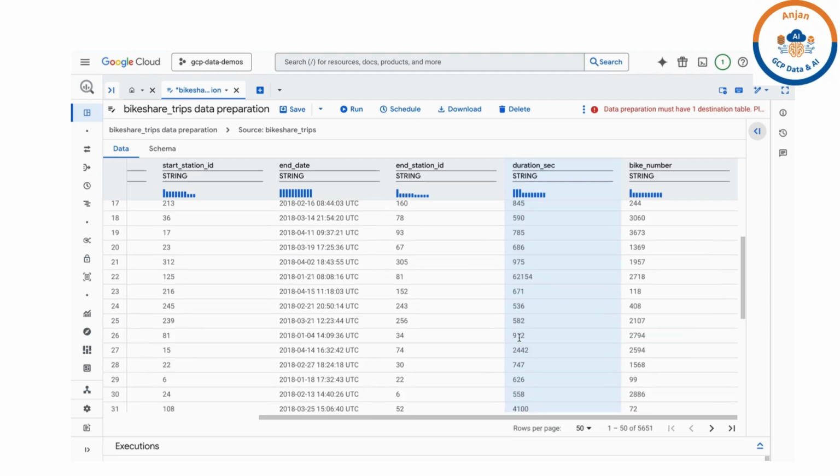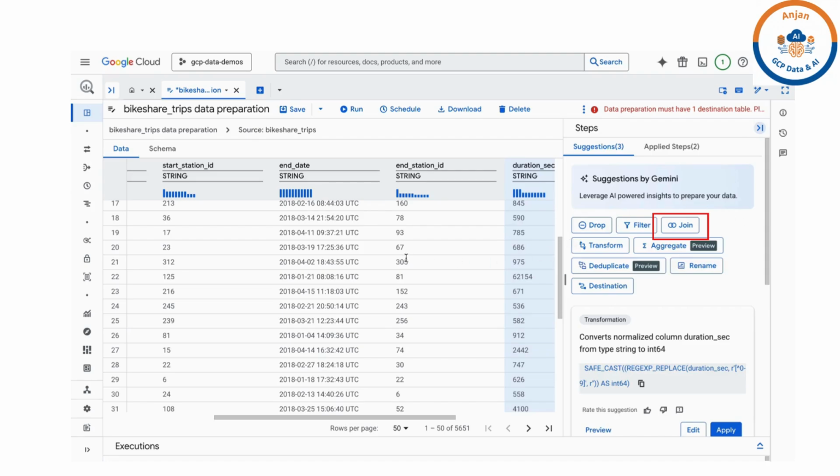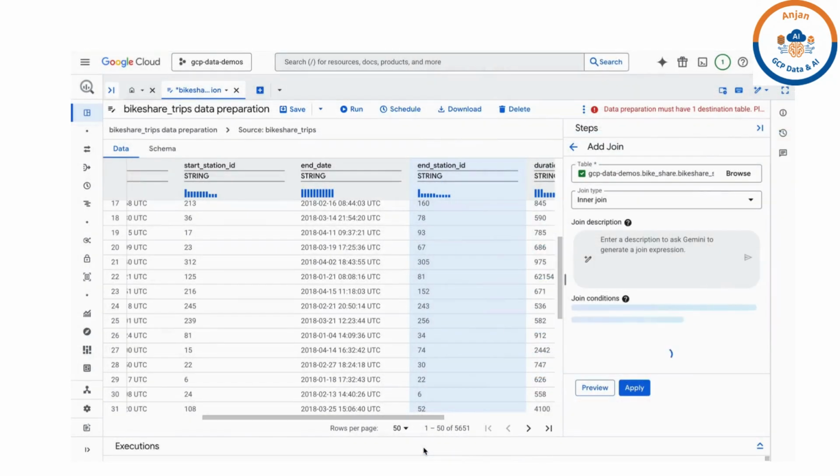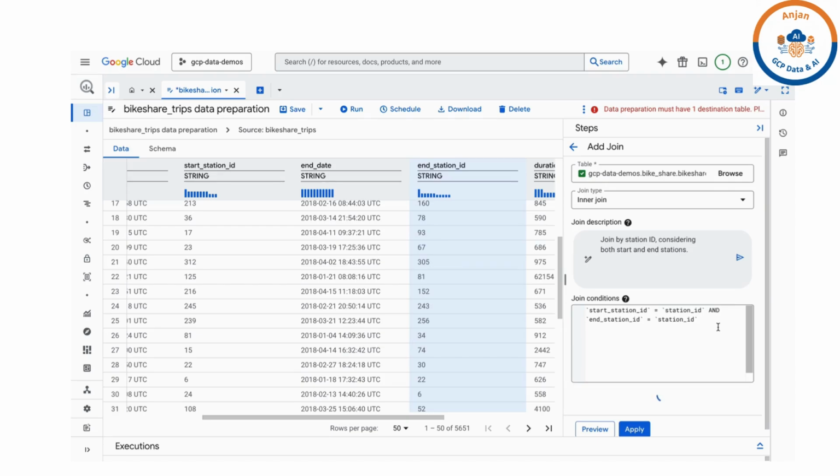In the next step, we will join this filtered data with one more table. Here we have station IDs. We would like to get the station name details by joining this data with the bike share station dimension table. Here we will only get the start station name and its short form details as well.